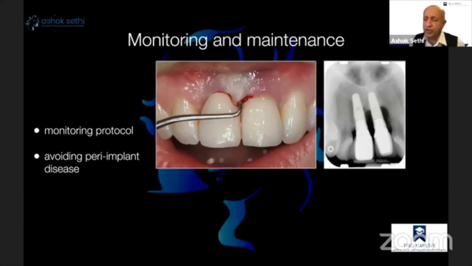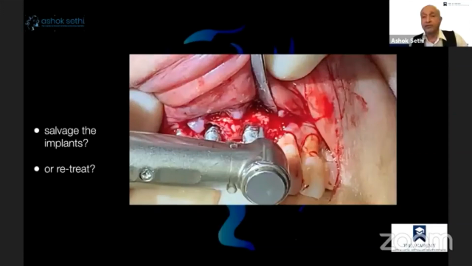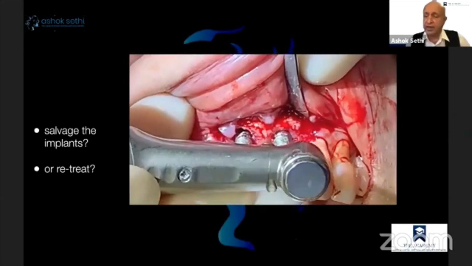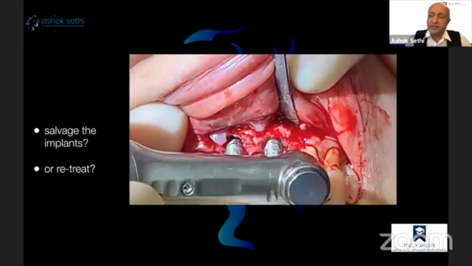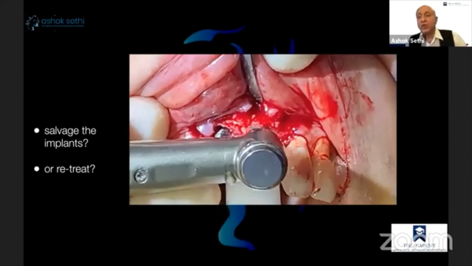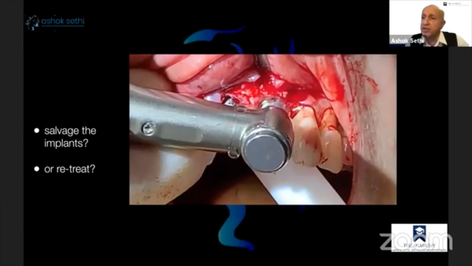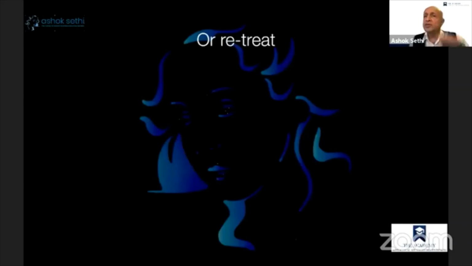And so you need to now make a decision whether you want to try to save these teeth or not. If you're going to save them, then there are ways in which you can clean the implant surface so that soft tissue certainly will reattach to that. Alternatively, you have to make a decision, and this is a decision that you need to decide with the patient